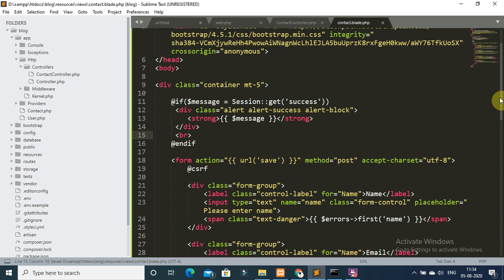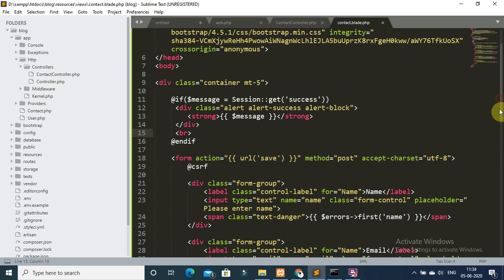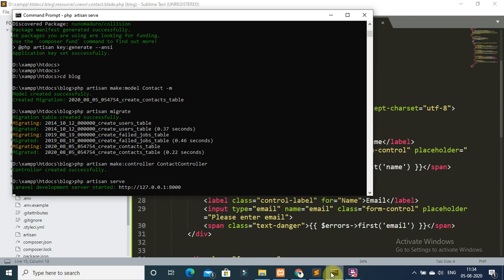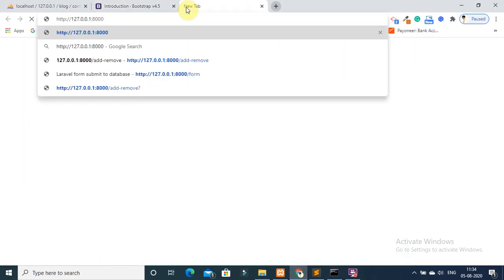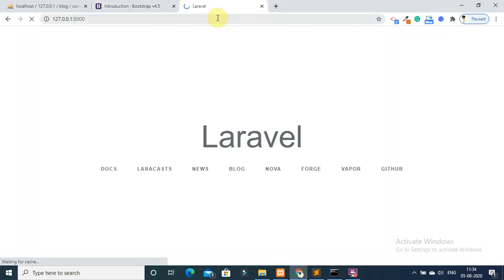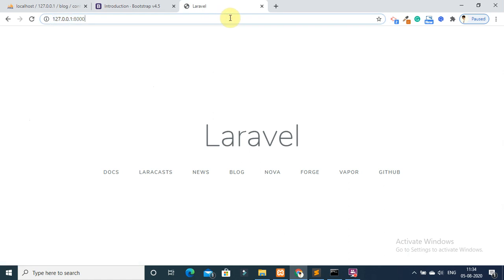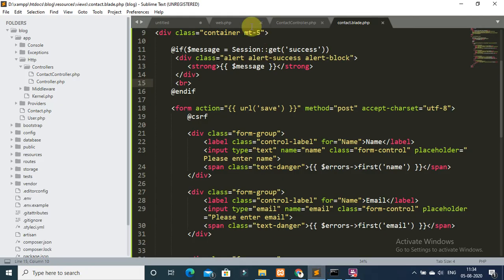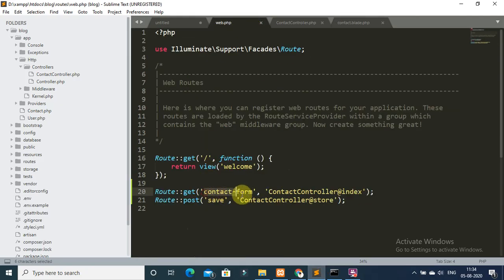Now open again your web browser. Open again your command prompt and run the php artisan serve command to start your project locally. So now copy this URL and hit it in your web browser. Your Laravel project has been successfully run, and now call your contact form route.